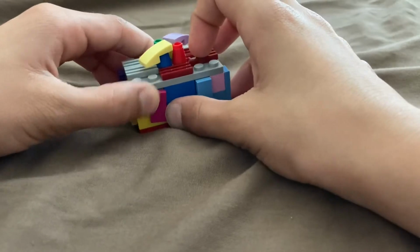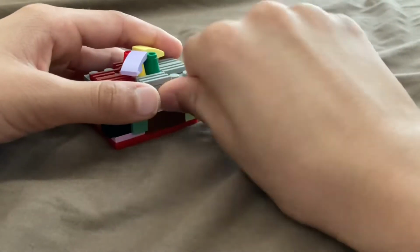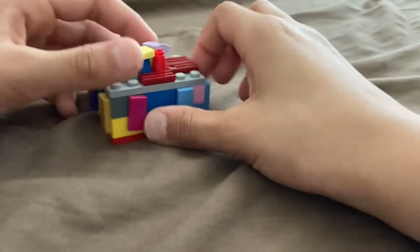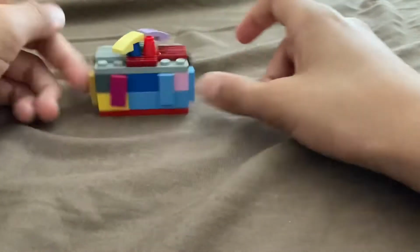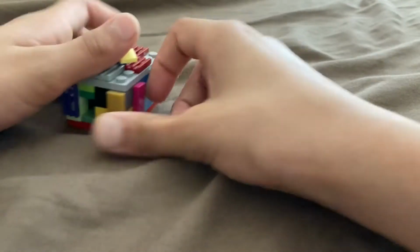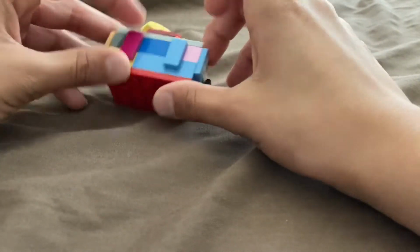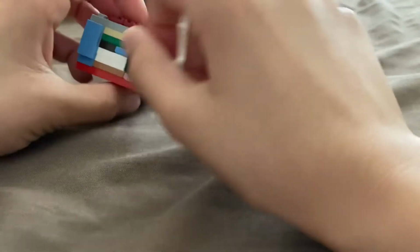Show you how to make a Lego puzzle box. Okay, so you can see here's the puzzle box, and you may also notice that this is shaped like a Christmas present. So let's begin. Now, if you look around, you can see that there's a keyhole, and here's the thing you